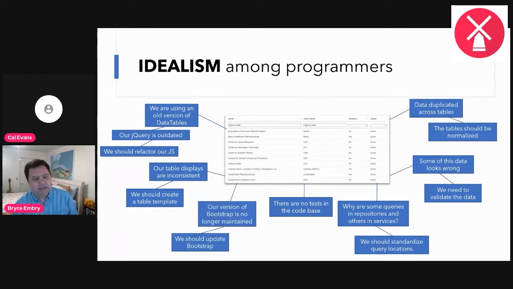And, you know, by the way, also our Bootstrap version, we're on Bootstrap version 3. That's not being maintained anymore. We should really update Bootstrap. I don't know if you guys can relate to this or not, but when you've got development teams, like I